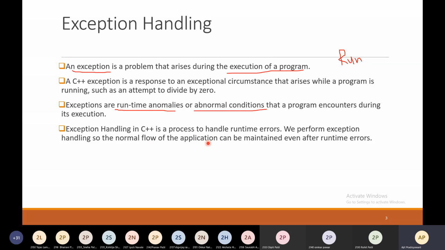If you have developed an application and in between a runtime anomaly or abnormal condition occurs, your application should not be terminated. You need to handle that particular exception, and your application should execute the remaining part. That is called the normal flow of the application.